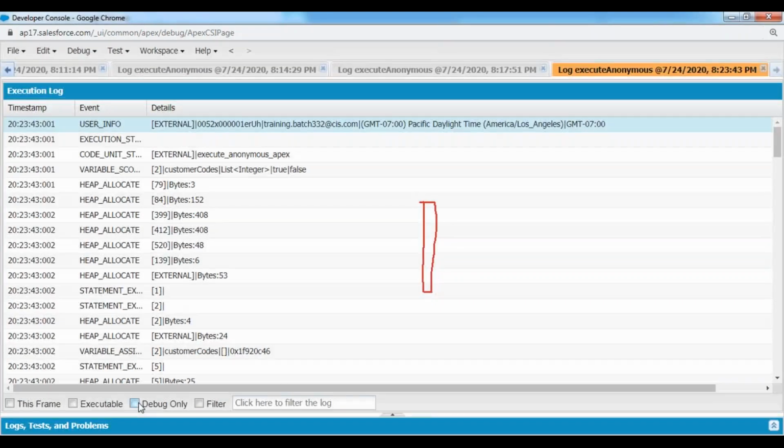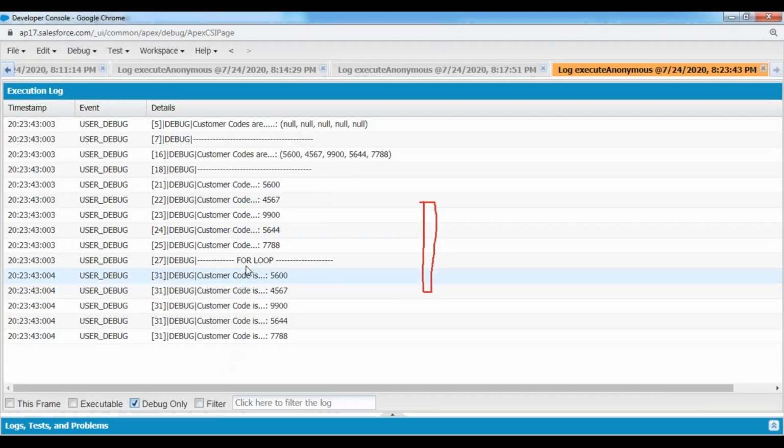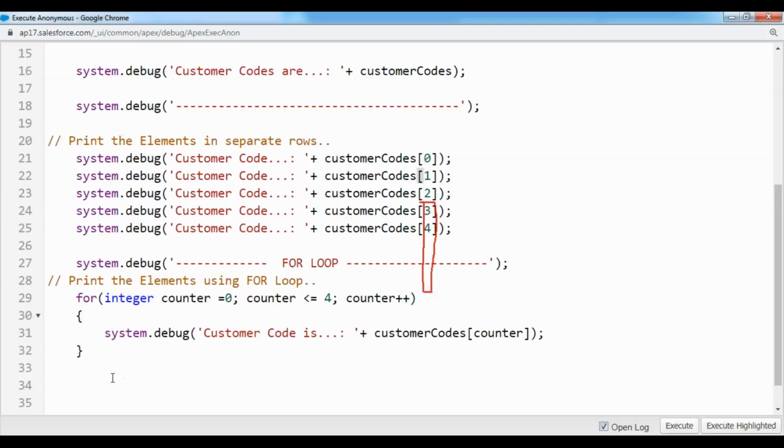Select the debug only checkbox. Now, by using a for loop also we are able to print the customer code values: 5600, 4567, 9900, 5644, 7788. All the element values we are able to print. Okay, now let me show you one more mechanism here. Print the elements